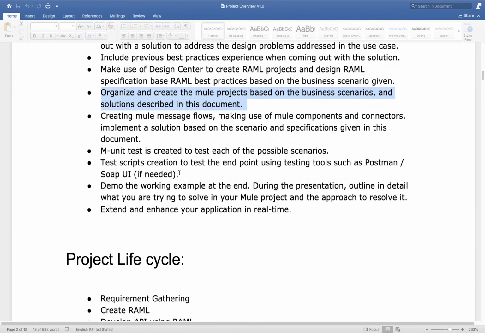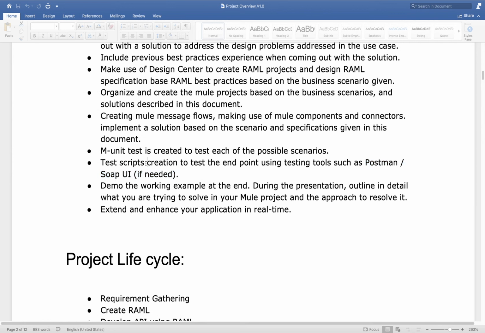Test script: either we can write a test script for testing, or we can directly call from Postman. We are going to call using Postman or SoapUI, but we will use the Postman tool only. The test script part I am not good at, so we are not going to do that, but if someone from a testing background can help write a test script, then we can see that also.